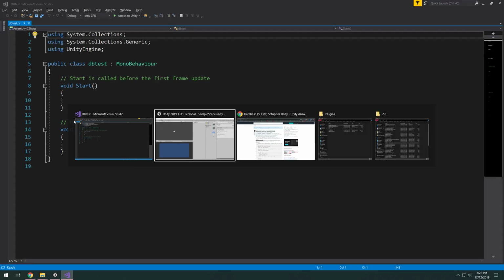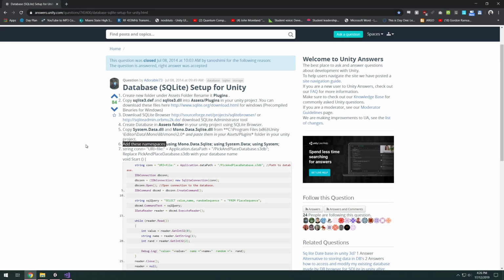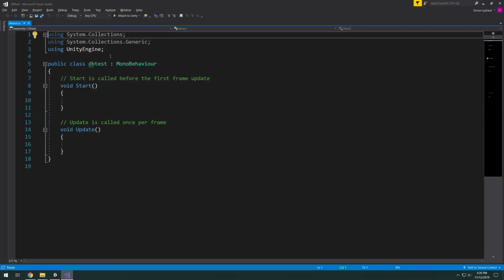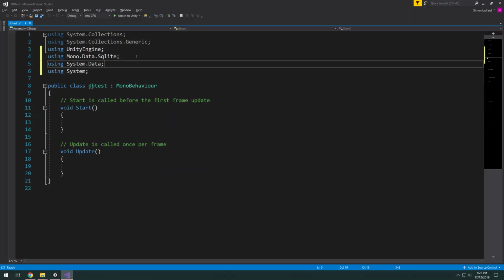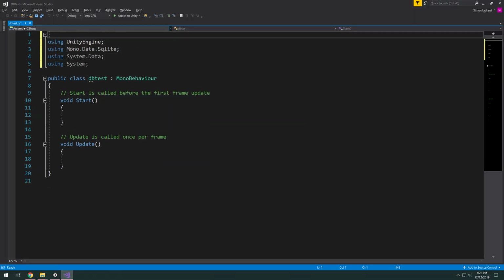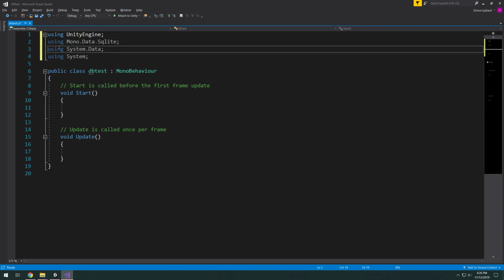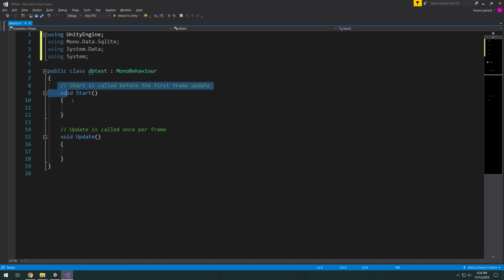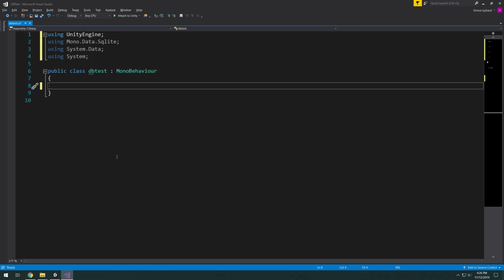So what it actually is asking us to do is import these namespaces so we can essentially use this stuff later on. So let's have a look at what they are very quickly. I've got, of course, SQLite, what it's going to use, the system data, and system. So I'm going to get rid of these for now. I might make a function here or a method and call it